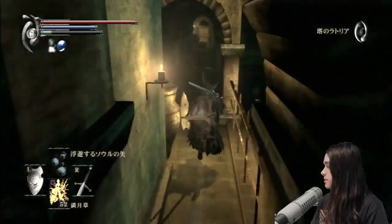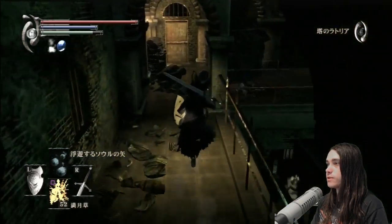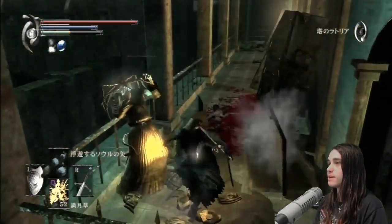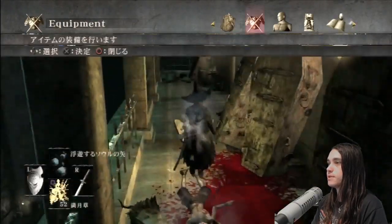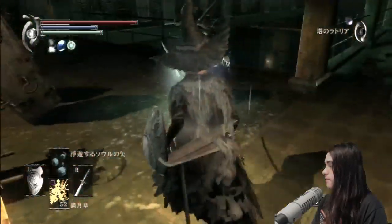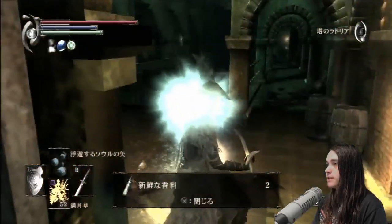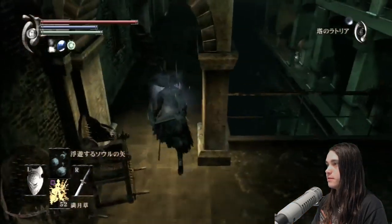That's the point. So what I need to do is find where those Iron Maidens are, the ones that we can open, and one of them has like an evil guy in it. I just need to find that place, and then I'll be able to... actually, we'll use the Uji Katana, why not? Because this is our weaker weapon, so whenever I can get away with using it, I will try to use it. So anyway, let's just get away from you, backstab you maybe. I just need to remember where those Iron Maidens are. Maybe...